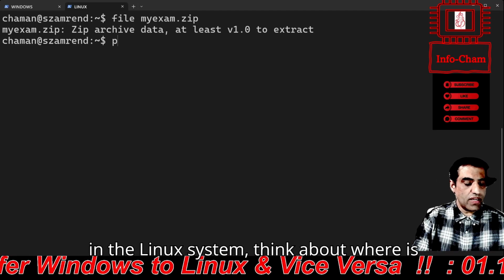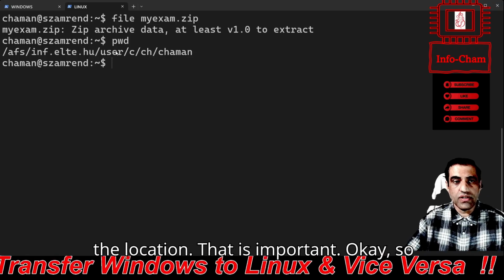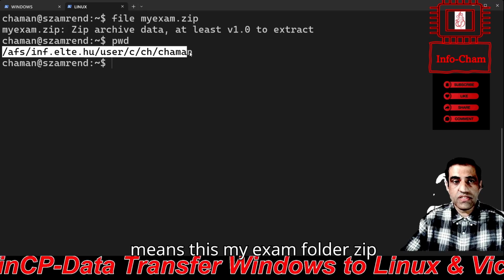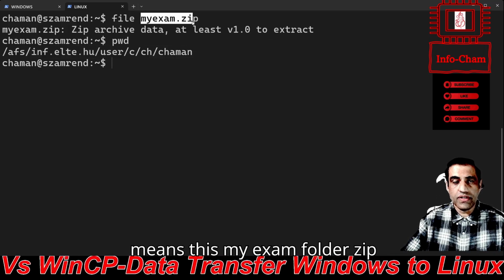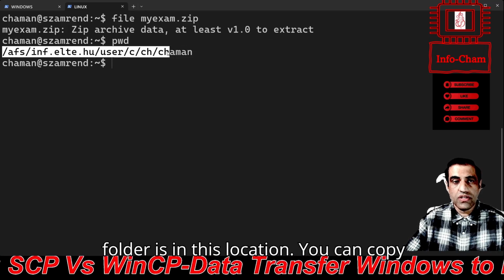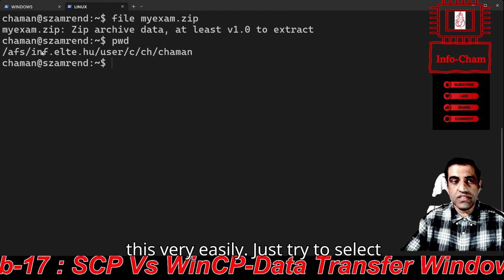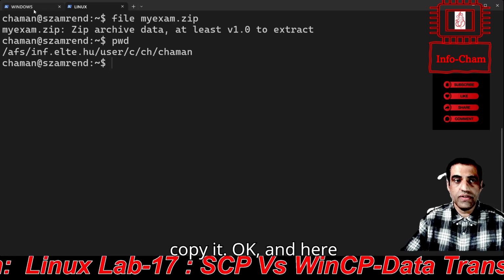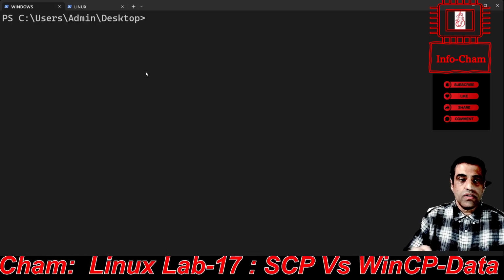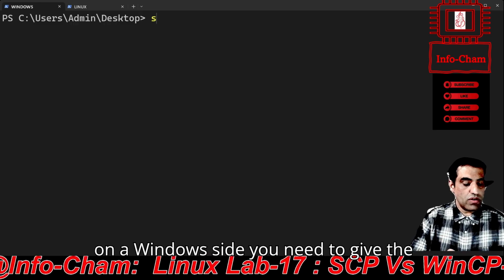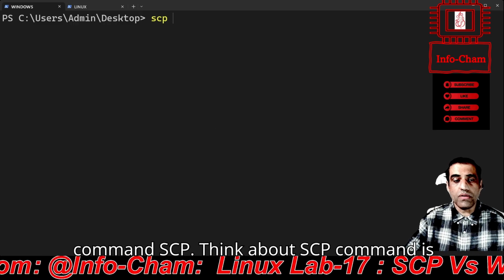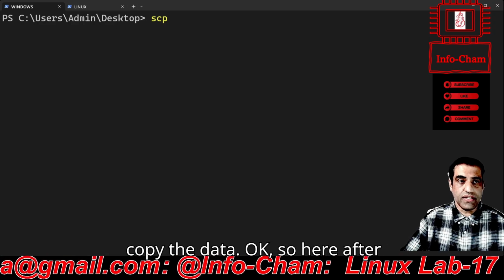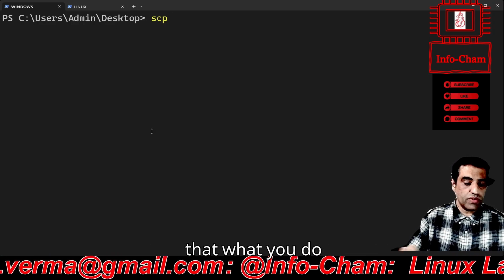First of all, in the Linux system, think about where the location is. That is important. This is your current location, which means this my exam zip folder is in this location. You can copy this very easily: just select it and right click, and it will automatically copy. On the Windows side, you need to give the command SCP. The SCP command is important because you need to copy the data. After that, what you do here,